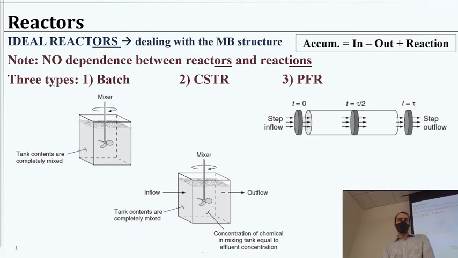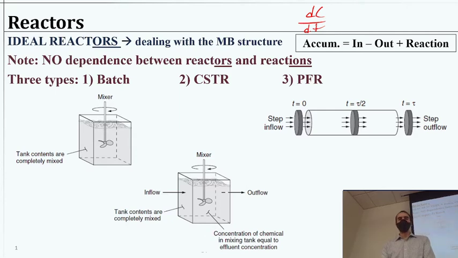So if we take a look at the batch reactor, we really have no inputs and no outputs. So whatever total accumulation we have, which, by the way, we will typically write as dC/dt, or maybe dN/dt if we're talking about some number of stuff, in this case is just going to be equal to the reaction in a batch scenario, right? Then we said, okay, well, in a